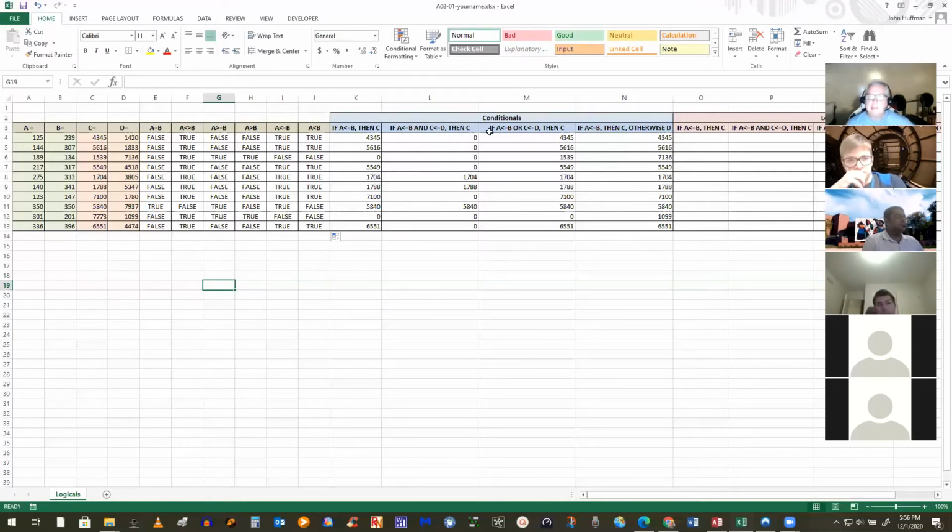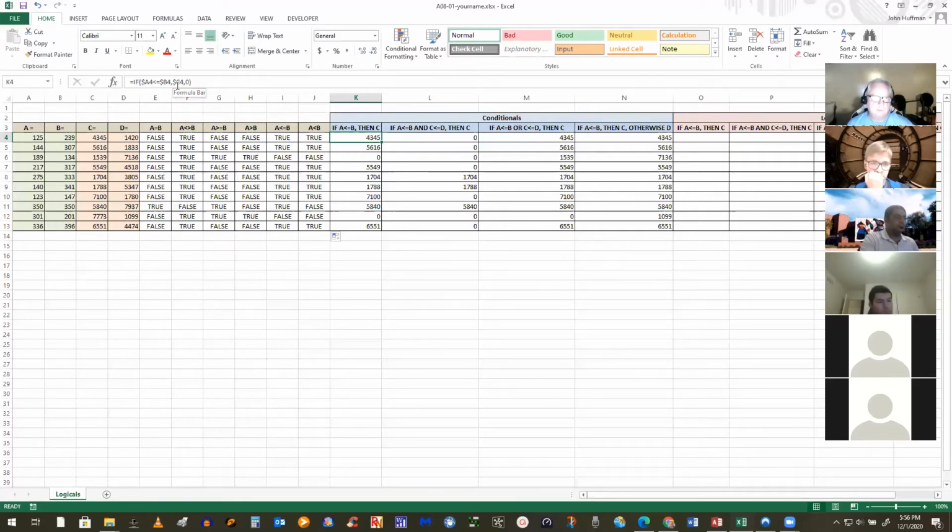All right, here's some conditionals. I'm sure you've used if statements in Excel before. So I've got if A is less than or equal to B, then make it C, which would be this one here. A is less than B, it's true. Then I want this to be C, which would be 4,345 over here. I go in here and you see the if statement. If A4 is less than or equal to B4, then make it C4, otherwise it's 0, right? Those are the parts of the if statement.